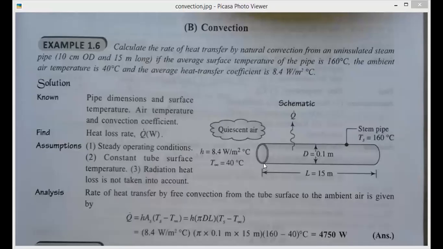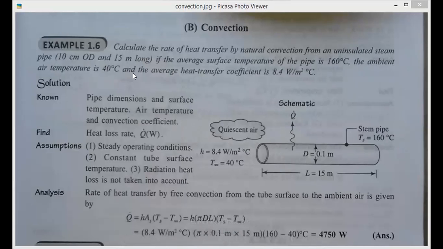Here is the problem for convection. Calculate the heat transfer by natural convection from an insulated steam pipe. Insulated steam pipe, 10 centimeter outside diameter and 15 meter length. The 15 meter length is given, and the outside diameter is given as 10 centimeter, 0.1 meter. If the average surface temperature of the pipe is 160 degrees centigrade, so that Ts is given as 160 degrees